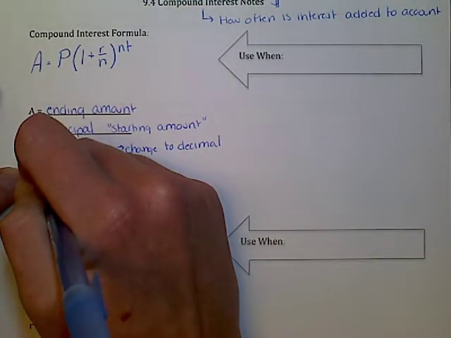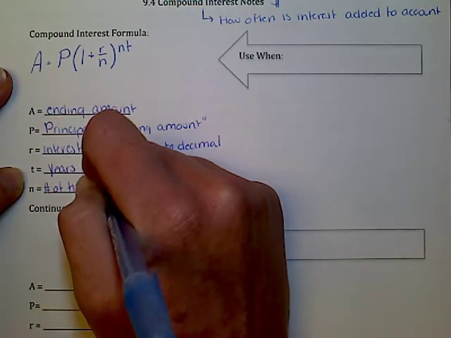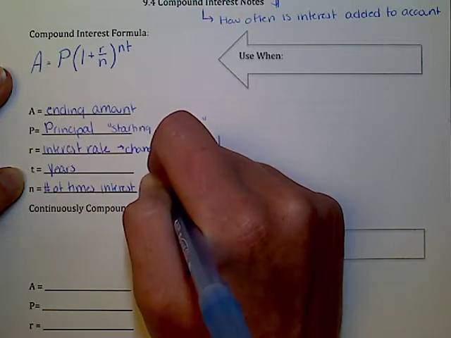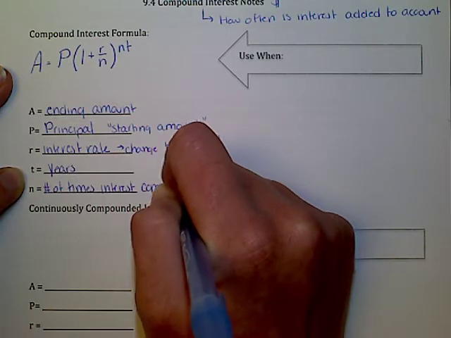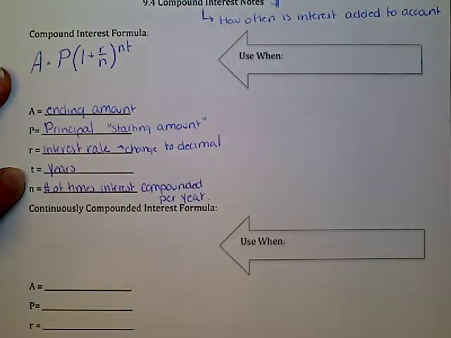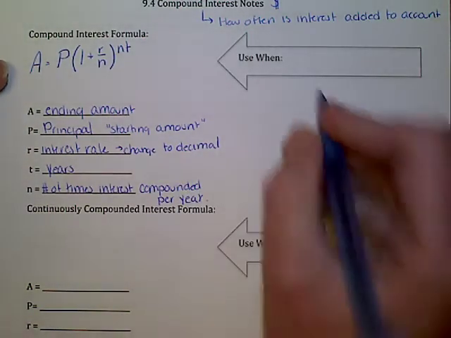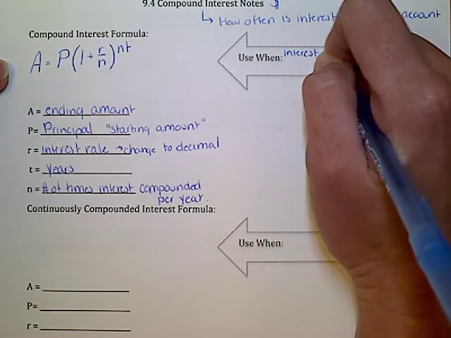And N is number of times interest compounded per year. That's usually the hardest thing to figure out, okay? Now, there's going to be another formula. You can see further down the page, there'll be another formula. So it's going to be important for us to know when we use either or. We use this formula when interest is compounded